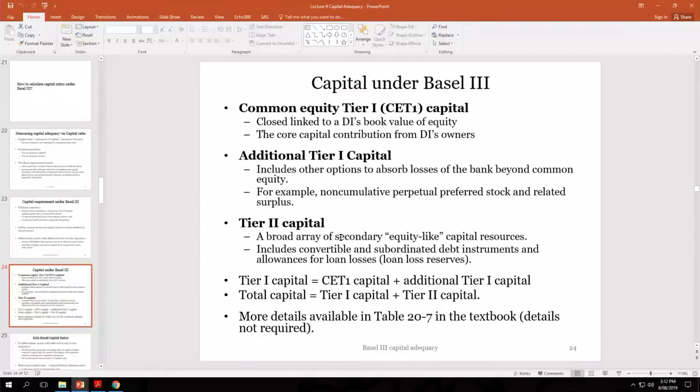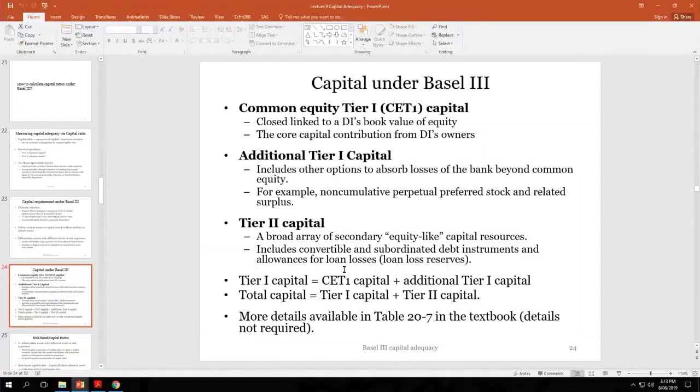So when we talk about Tier 2 capital, they start to be a bit different, because now we're talking about items on the bank's balance sheet that are not equity ordinarily. They're not equity, but they can help banks absorb losses when the bank actually becomes insolvent. Right? So it's kind of like considering items that can help banks absorb losses under a going concern basis. So it starts to include convertible debt, subordinated debt, as well as loan loss reserves.